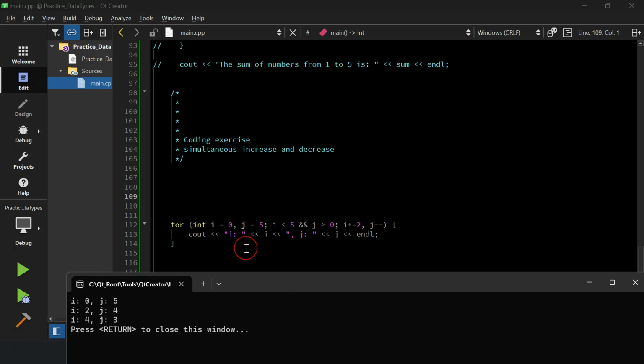Here we see that the initial value of i equals 0, the initial value of j equals 5, and then again the same rules for the second part. i should be lower than 5, j should be higher than 0. However, here i increases 2 times in each iteration and j decreases 1 time in each iteration. So firstly